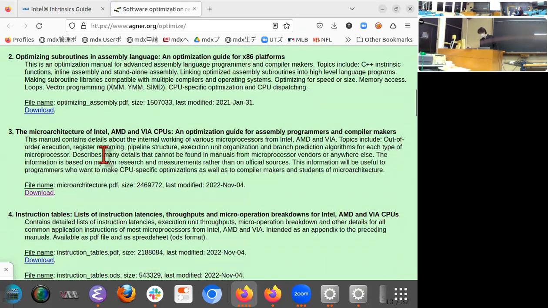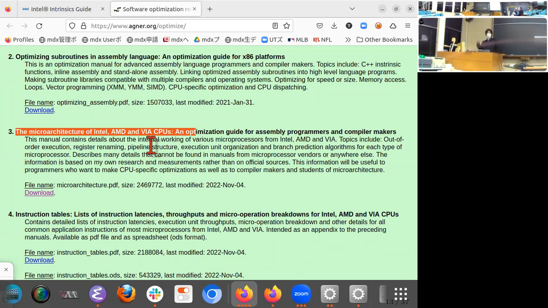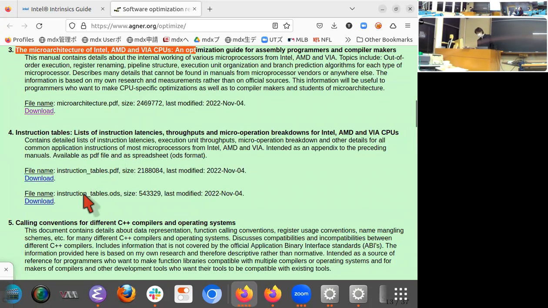For example, this is the most comprehensive resource about what each generation of Intel processors is capable of. For example, it is able to execute up to 2 FMA instructions at a time. And essentially the same information is